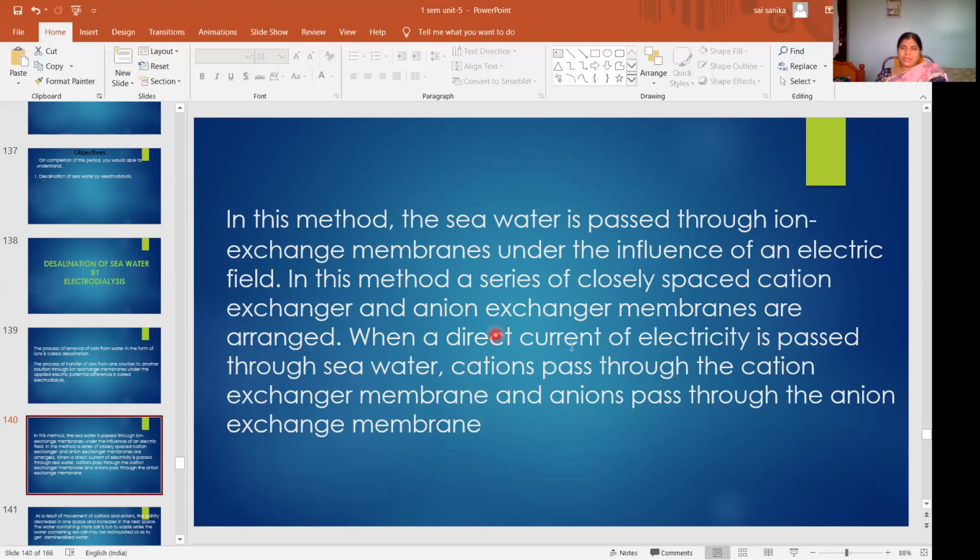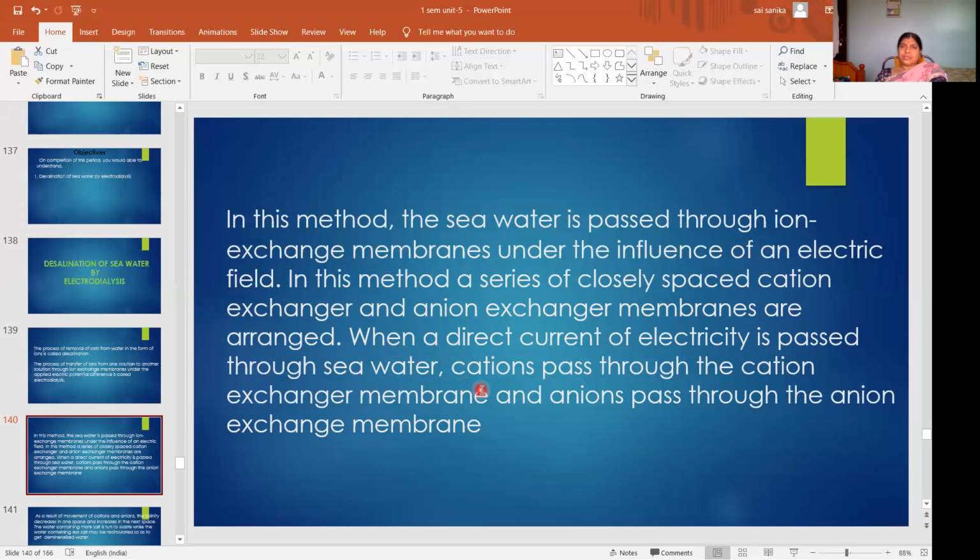So in the presence of electric field, what happens? The cations will go to the respective electrodes and anions will go to the respective electrodes. Here we are doing this process in the electrolytic cell. You know we already studied the electrolytic cell. The two electrodes will be there, cathode and anode. Positively charged electrode is called anode and negatively charged electrode is called